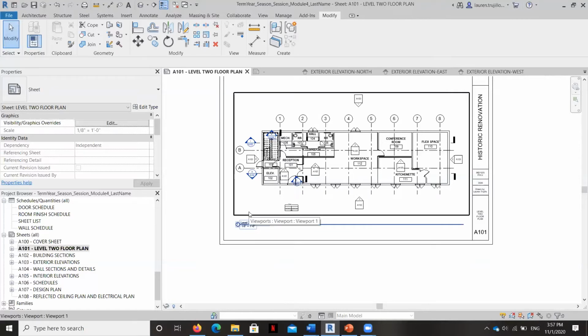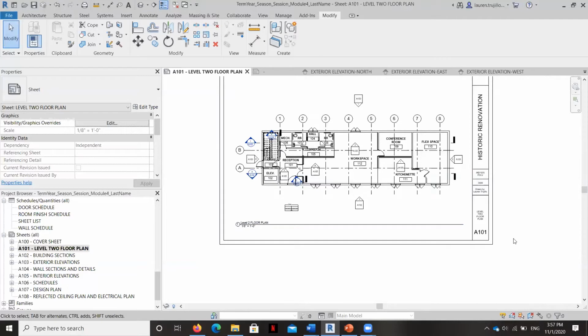And that's so that we can refer to walls as being the north wall, the east wall, the south wall, or the west wall. And we don't want a floor plan to be crooked on a sheet, even if it's crooked on a site. So you'll be dealing with project north, which is how the building is situated on a site, and sheet north, which is how it's situated on a sheet. For right now, we're going to just talk about sheet north.